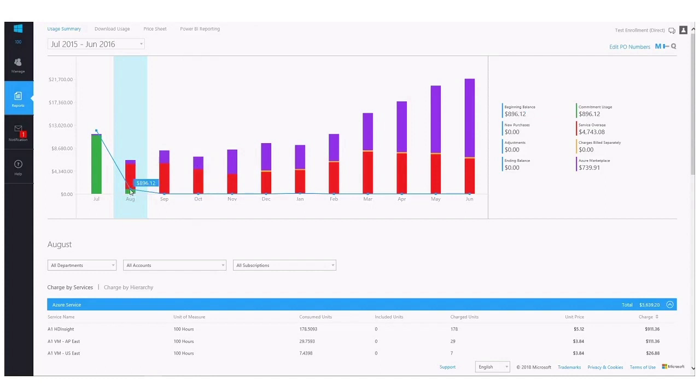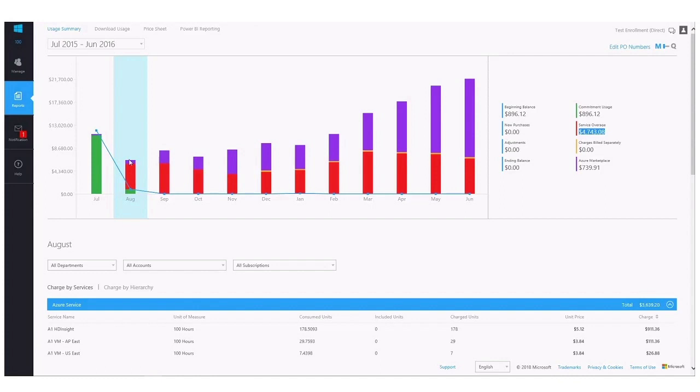We actually used all of that, the remaining commitment, $890 in the month, and we actually surpass it by $4,743. That's what you're seeing in red here. That is the service overage. That simply indicates usage beyond the Azure commitment balance. Service overage is charged at the same rates as your normal Azure usage. It is charged after the fact or in arrears. You're sent a separate invoice for that usage.